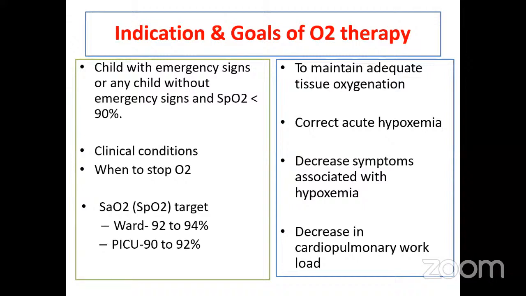तो हमारा टारगेट ये होना चाहिए कि SpO2 हमारा वार्ड में 92 से 94% पे रहे। इससे ज्यादा है तो हम धीरे धीरे फ्लो ऑफ ऑक्सीजन कम करना शुरू कर सकते हैं, और ICU में है तो जैसे अभी हमने बात की, 90 से 92%। कुल गोल्स क्या हैं? टू मेंटेन एडिक्वेट टिश्यू ऑक्सीजनेशन, जो हमारा अल्टीमेट गोल है। अगर एक्यूट हाइपोक्सीमिया है तो उसको हम करेक्ट करें। हाइपोक्सीमिया के सिम्टम्स कम हों, रेस्टलेसनेस हो रही है, वर्क ऑफ ब्रीदिंग बहुत ज्यादा बढ़ी हुई है, कार्डियोपल्मोनरी लोड कम हो, तो फिर हम और ट्रीटमेंट करें।